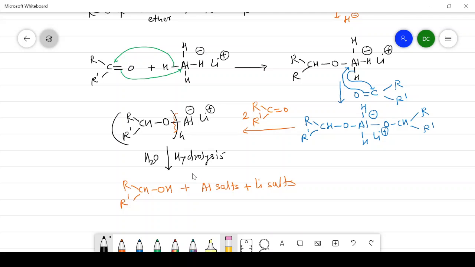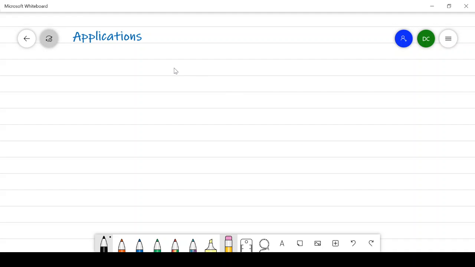Now we will see the applications of this lithium aluminum hydride. The applications of lithium aluminum hydride involve mainly the reduction of various compounds, and in that reduction always nucleophilic addition occurs in which the polarized bond gets reduced. So the hydride ion attacks the polarized bond. So we can write here there is a reduction of